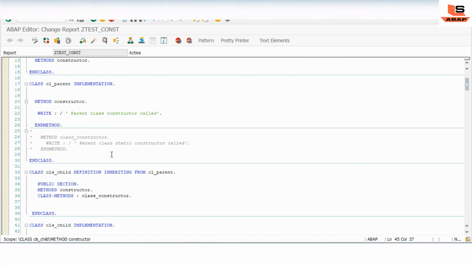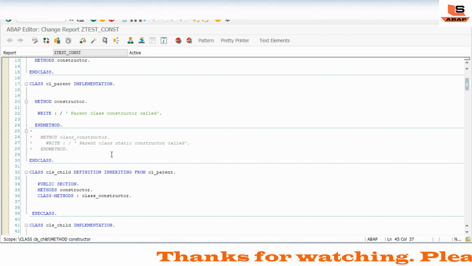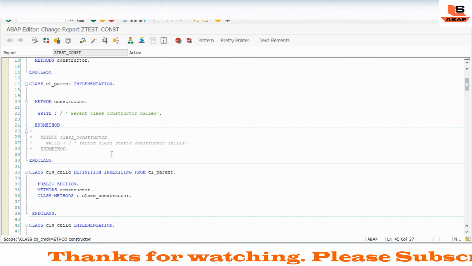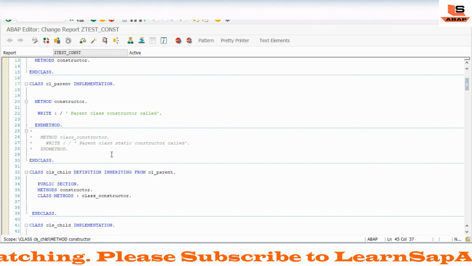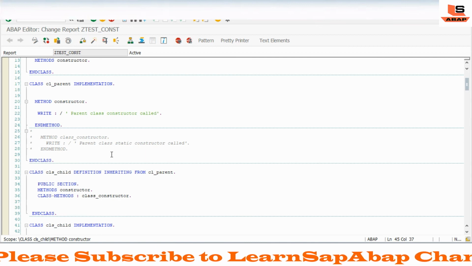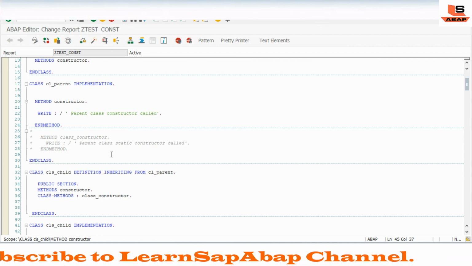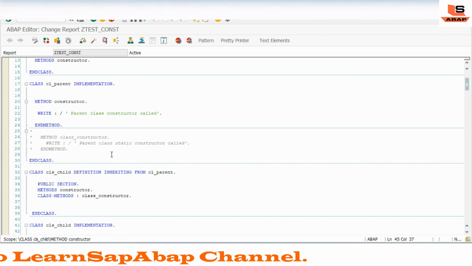The link is also given in the description. Please check the link and you will get more ideas about how the constructor is inherited, how the child class inherits the constructor of the superclass, and even how the static constructor is called.